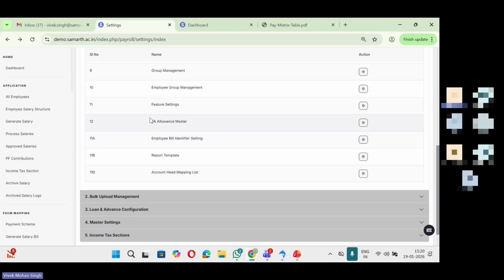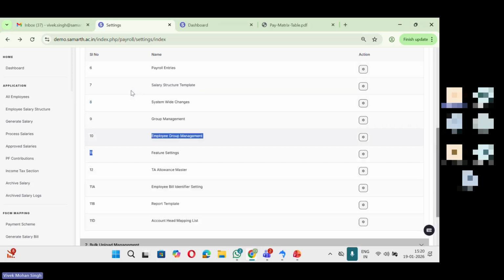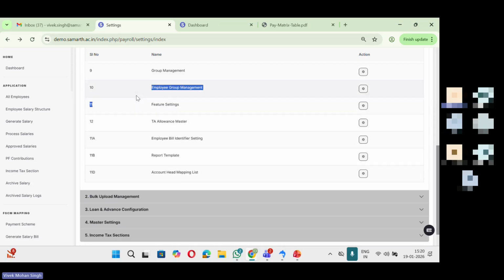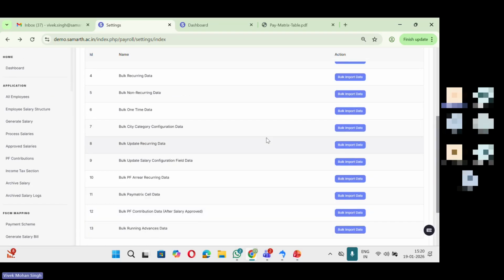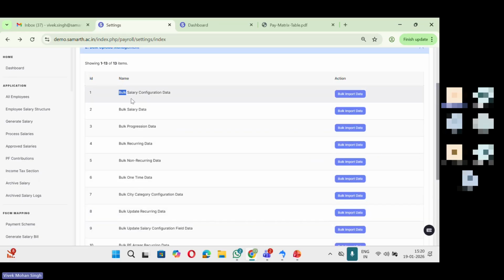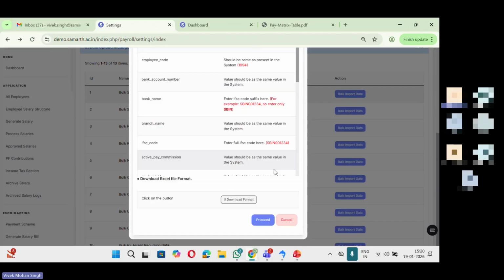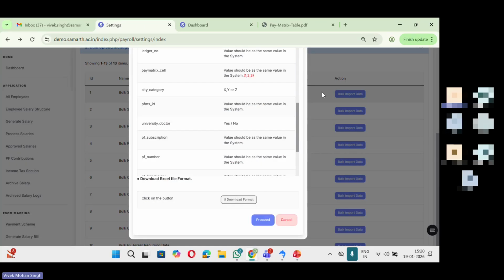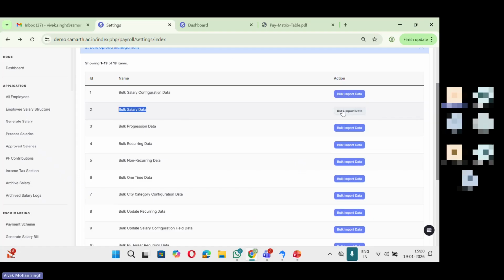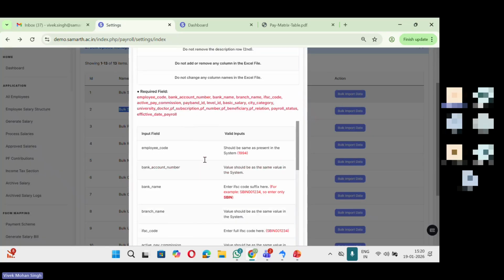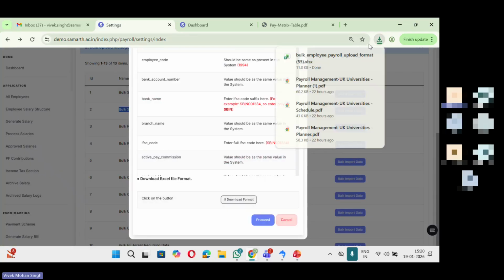So almost these are the things which are required for pre-setting for the process of salary, and the remaining are the features with which I will help you. Otherwise, there is a bulk upload system. This bulk upload feature will provide you an Excel template, where you will add the data and upload all the configuration detail in the portal. Similarly, there is a salary detail template which will help you upload all the salary details. So the salary configuration data, if I show you,